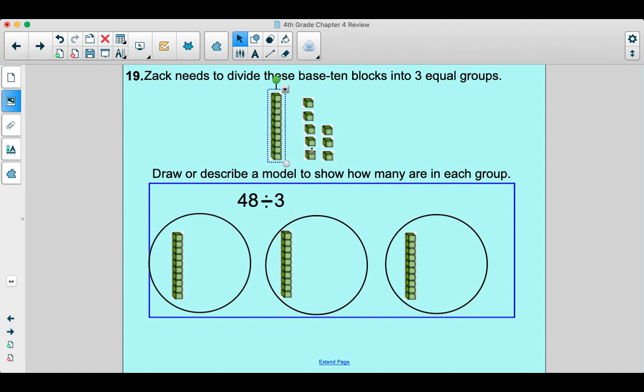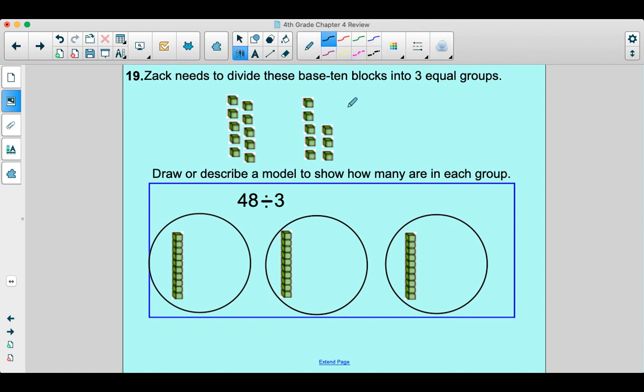So I need 1, 2, 3, 4, 5. I need to just trade it out for 10 ones. So I'm going to make 10 ones over here. So those are the 10 ones. And now I'm going to get rid of this one. I'm trading it. All right. So now I've got 10, 11, 12, 13, 14, 15, 16, 17, 18 divided by 3. So basically we started out with 48